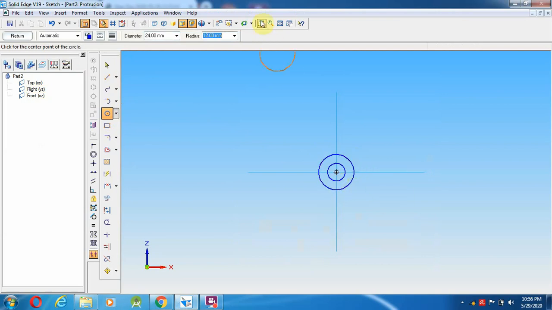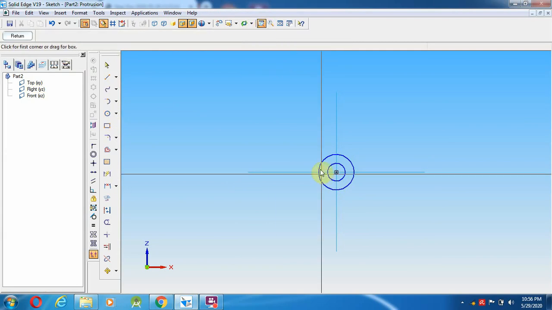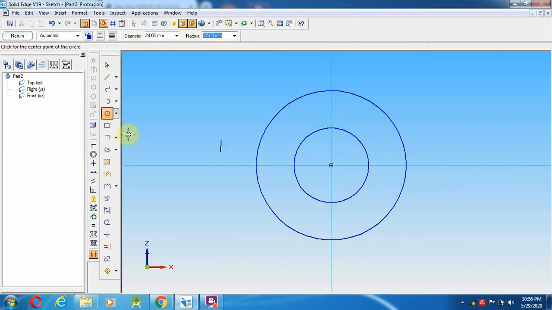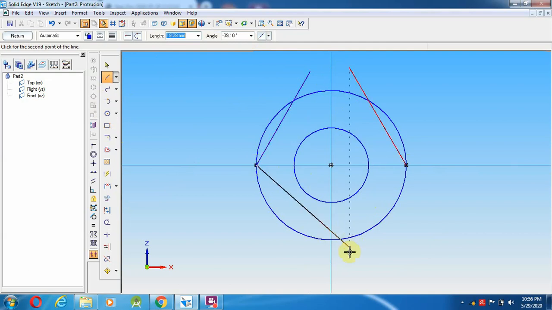After getting the 24 mm, how to make the hexagon over here? As usual, draw a line from here at a 60-degree angle, and from here a 120-degree angle.